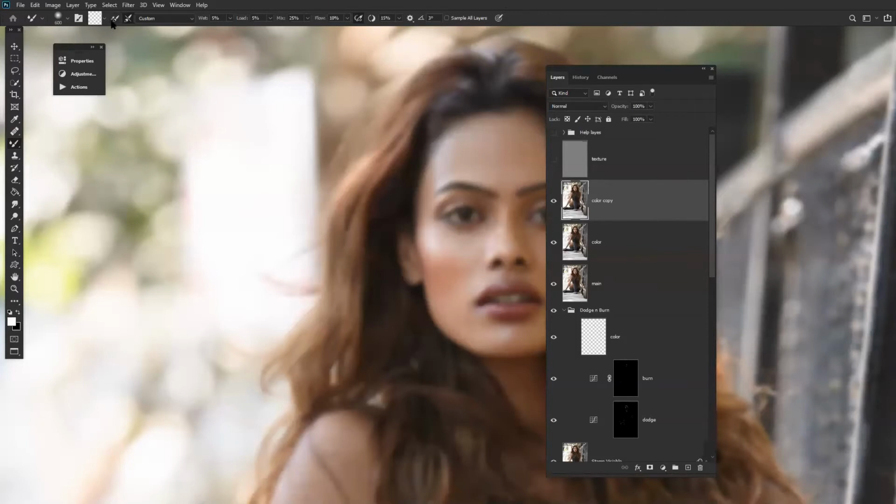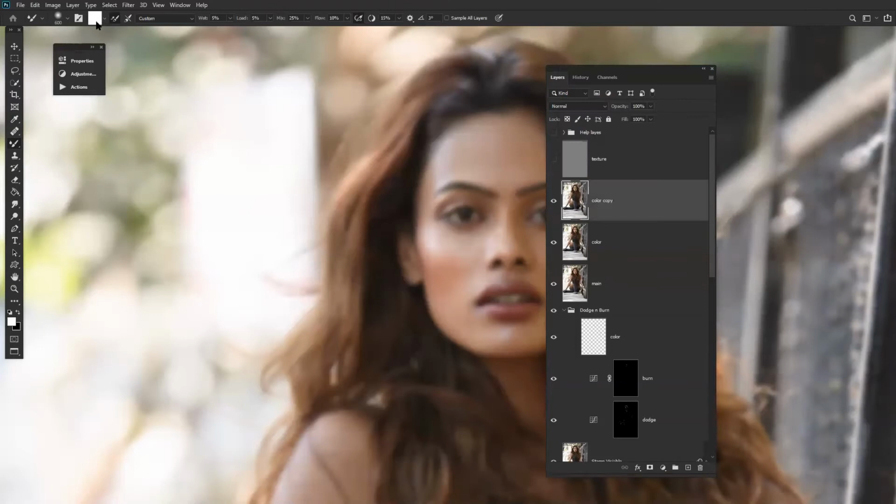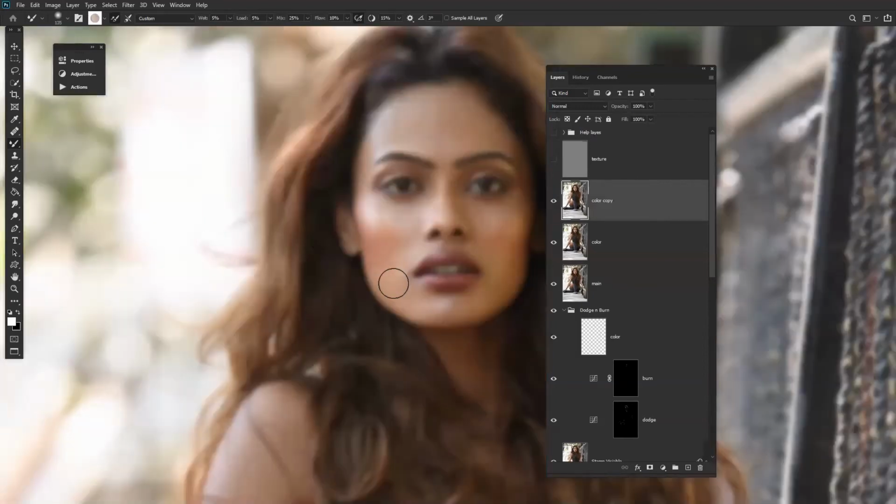Okay, so normally when you switch on a mixer brush, now you will see a color over here. You can see a color over here. Now, if I use the mixer brush with the color, it will take that color and start mixing. If I start mixing, you will see the color over here is changing.